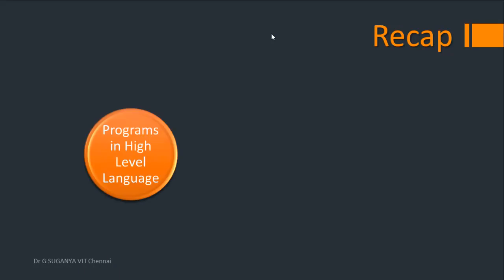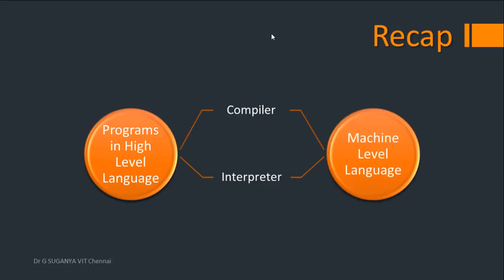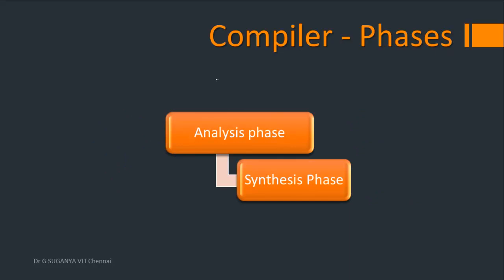Let's have a recap. Programs are usually written in high-level language, which are nothing but high English-like statements. Using a compiler or interpreter, we need to convert it into machine-level language, which is nothing but zeros and ones, and that could be easily understood by the machine. This activity converts a high-level language; let's say you take C, the program will be written as A.C. If you take Python, it will be written as A.py. There are two major phases. One is the analysis phase, in which the source program is analyzed for correctness and gets converted into a standard form.